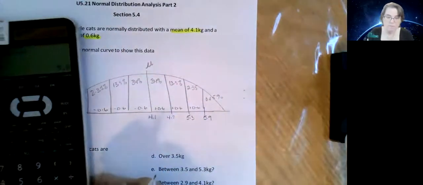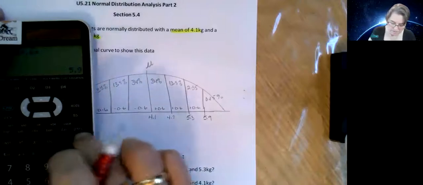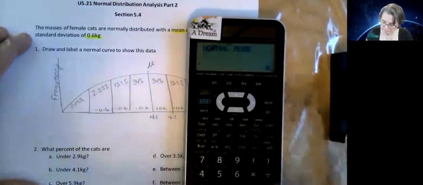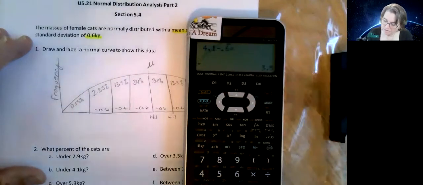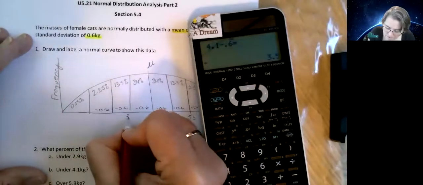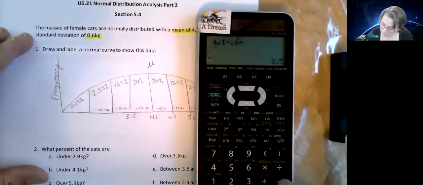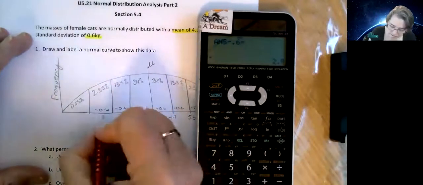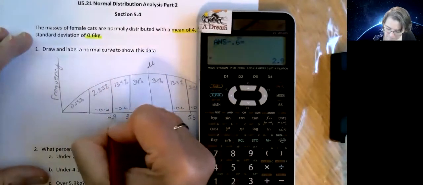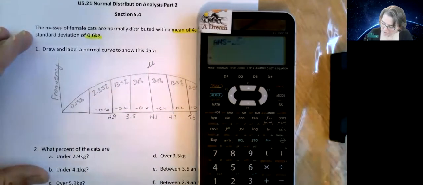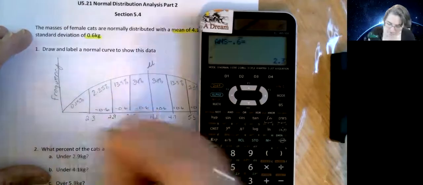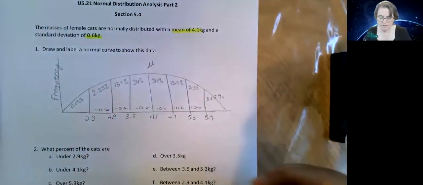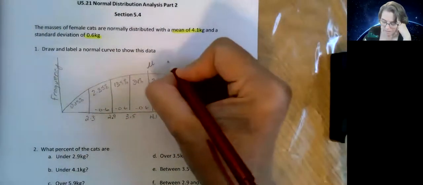And then let's go the opposite direction. 4.1 minus 0.6, 3.5, minus 0.6, 2.9, minus 0.6, 2.3. All right, so this graph talks about mass